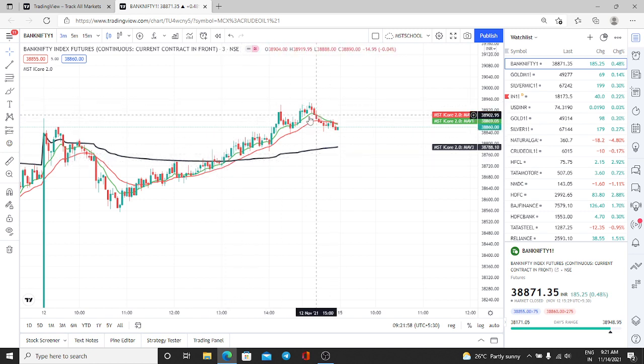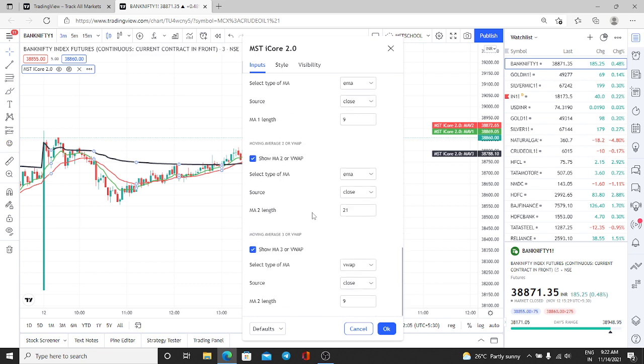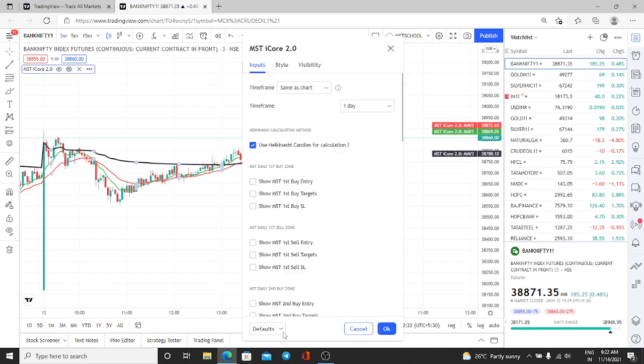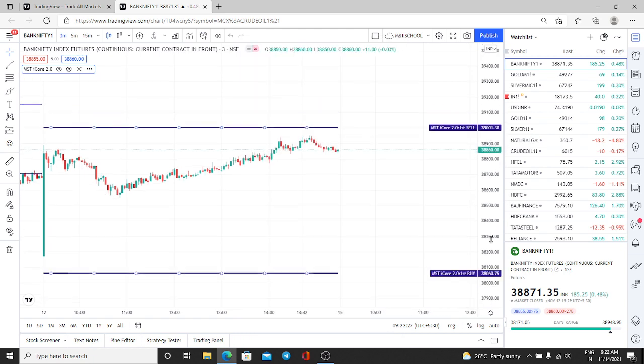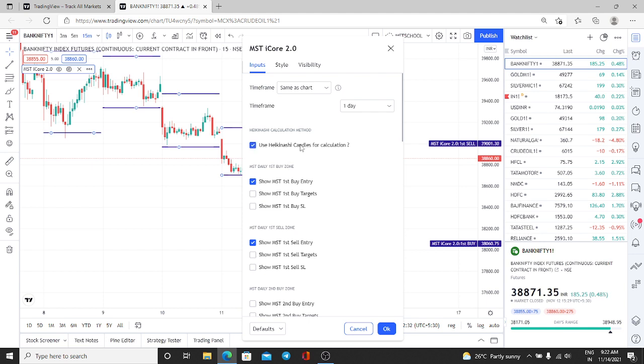Okay, see the movement. So this is one strategy, and with this moving average we can frame more strategies also. I use this for my personal purpose also along with the ICO 2.0. You can do it. But this technical analysis will be showing you a sell trend, while our iCore indicator will show you a buy trend. So our level is different from these levels, so you don't get confused. Use it differently.